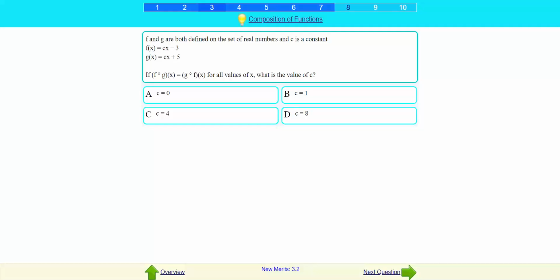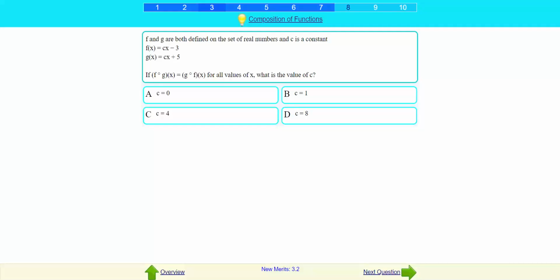So we can opt for 1 here. So it could go c squared, this is 1, plus 5 is equal to